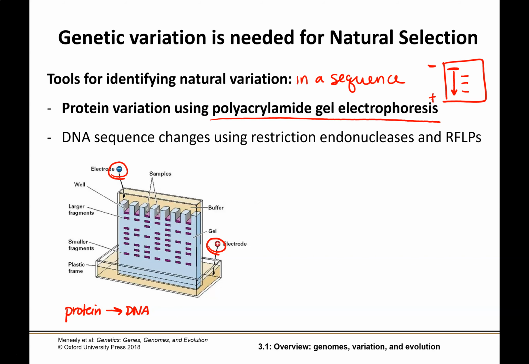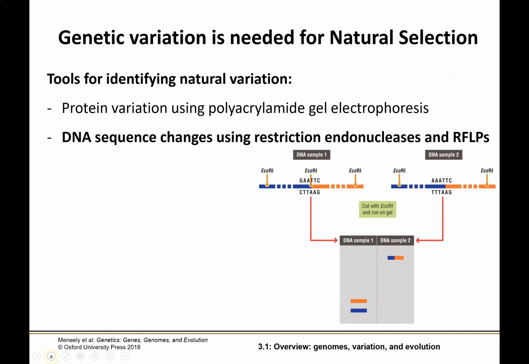We can also look at changes in DNA sequences using something called restriction endonucleases. So restriction endonucleases, I'm going to abbreviate them RE for short, are basically a bacterial defense mechanism. And this defense mechanism has been utilized in laboratory experiments. We'll get back to restriction endonucleases a little bit later in the semester, but just as a quick introduction,